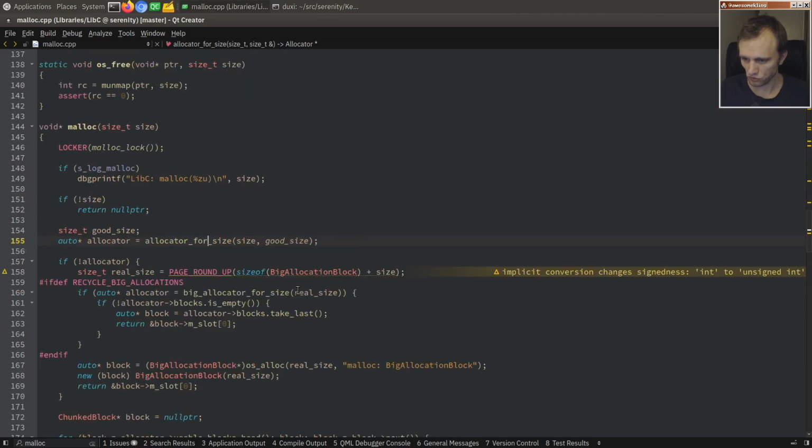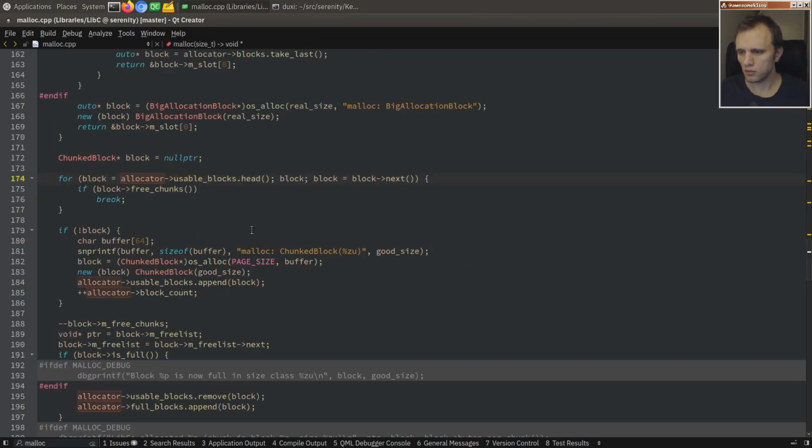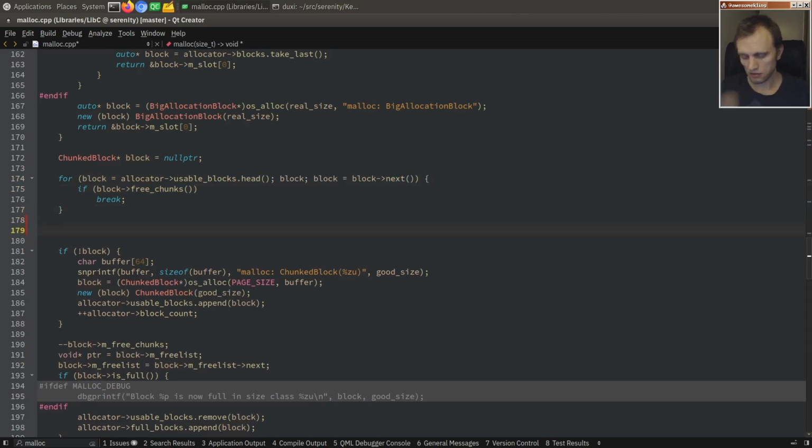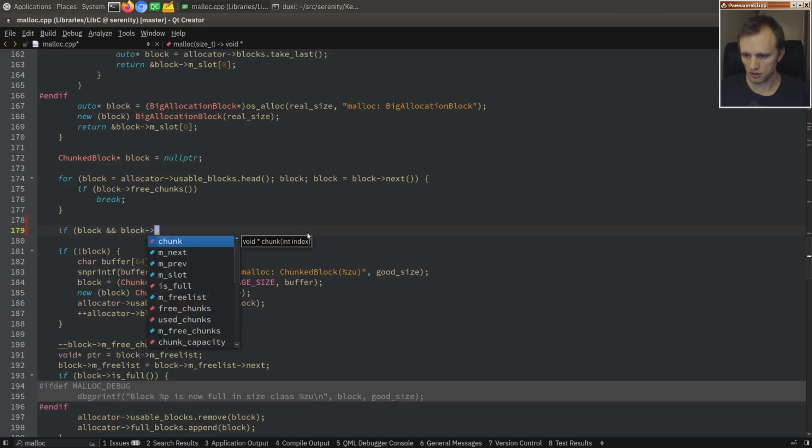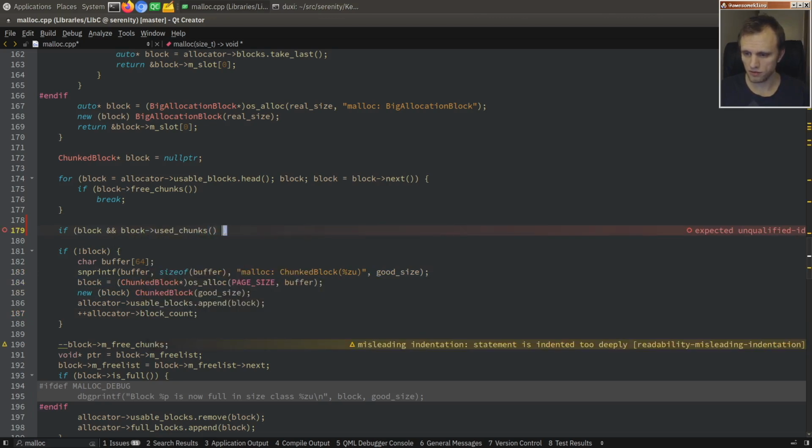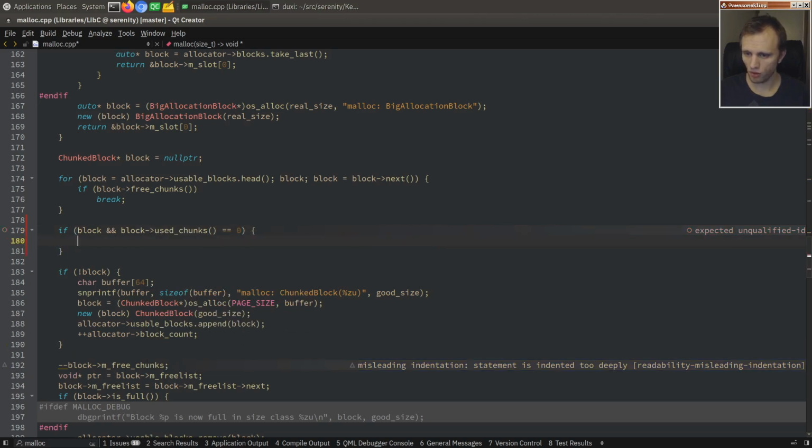Then what we want to do is, I guess here, if a block has any free chunks, then this block is selected, and then we come down here. And if there was no block selected, then we allocate a new block and give it that name here. So here we're just going to say if a block was selected and the block is completely empty, so if used chunks is 0,